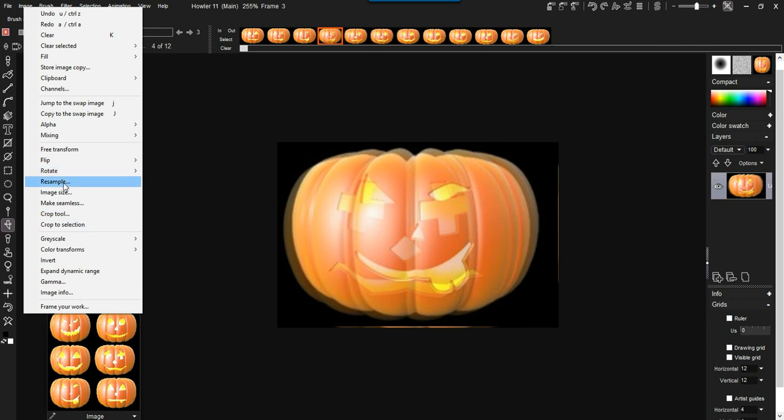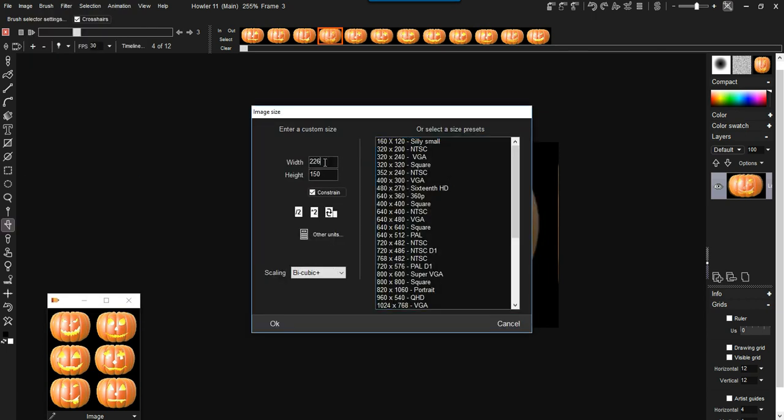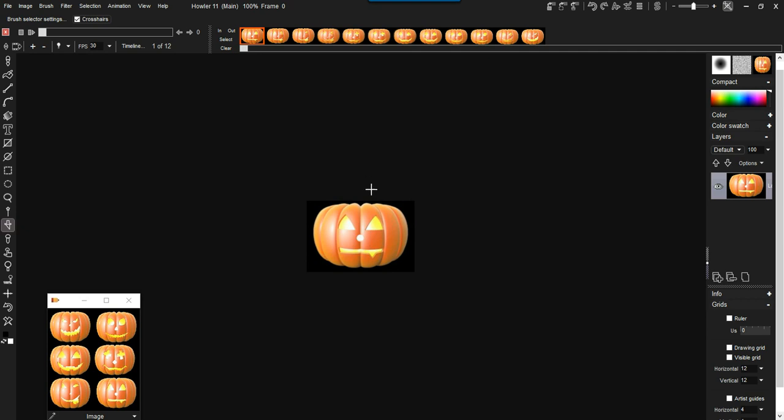So we have a resample. We can do that. Let's say we want to make it in fact smaller. Let's say back to 222, something like that. Oops, that's a height of an odd number. I don't like those. I'm going to change that a little bit. Nobody's going to notice 148 instead of 147. Well, I do know one person who would,